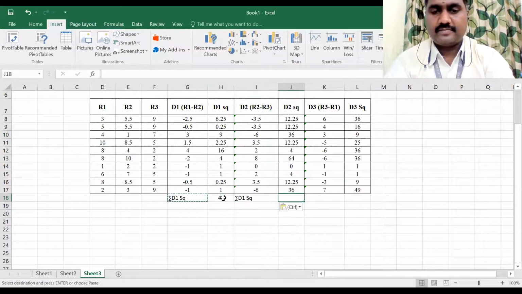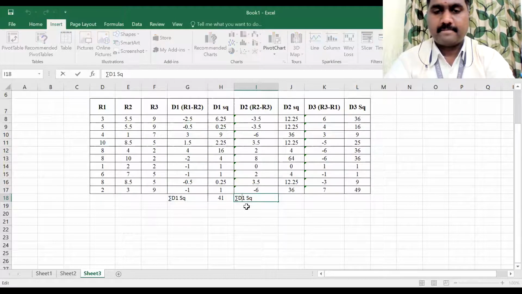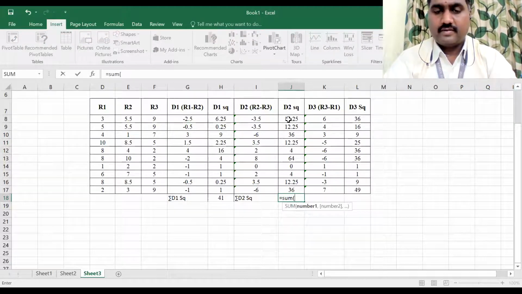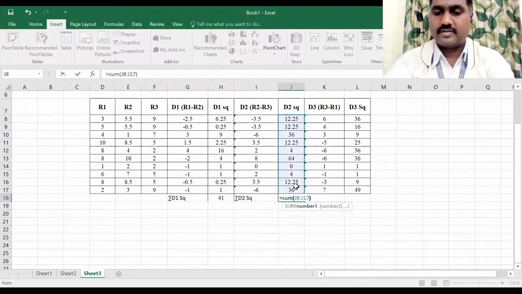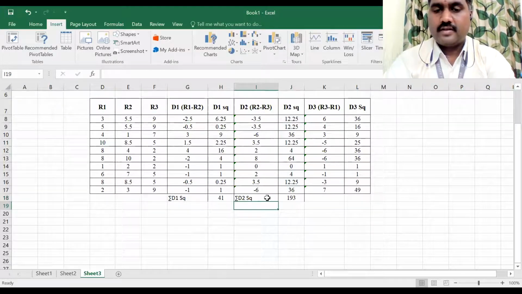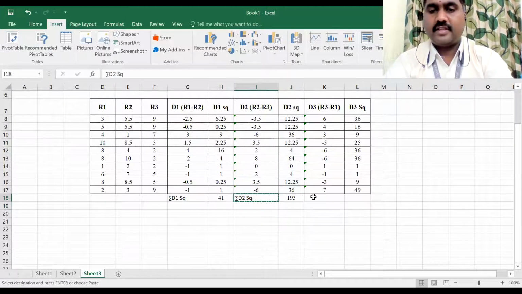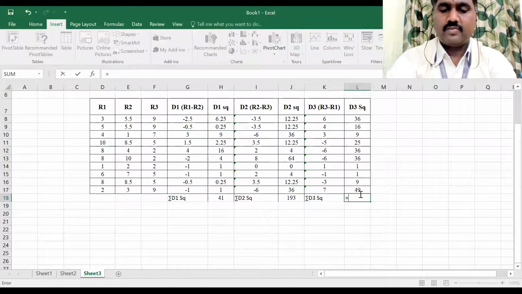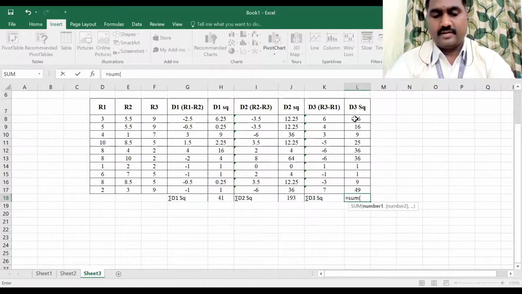Summation D2 square. Summation D2 square equal to sum of 12.25 plus 12.25 into 36 will get 193. And again the summation D3 square will be equal to sum of